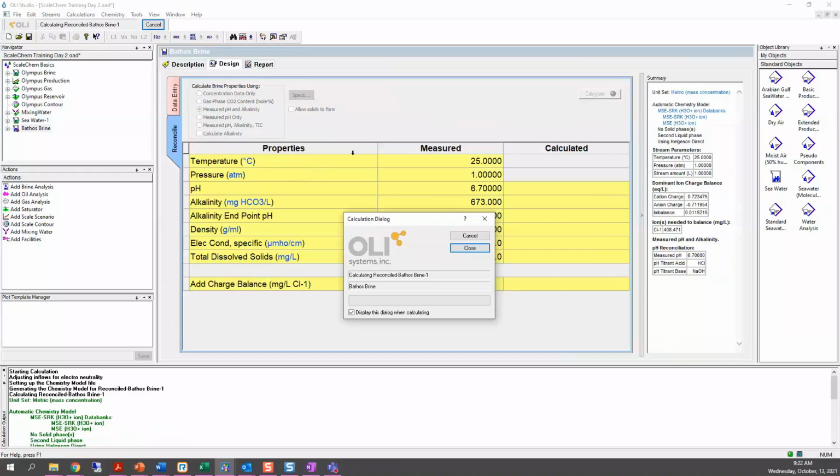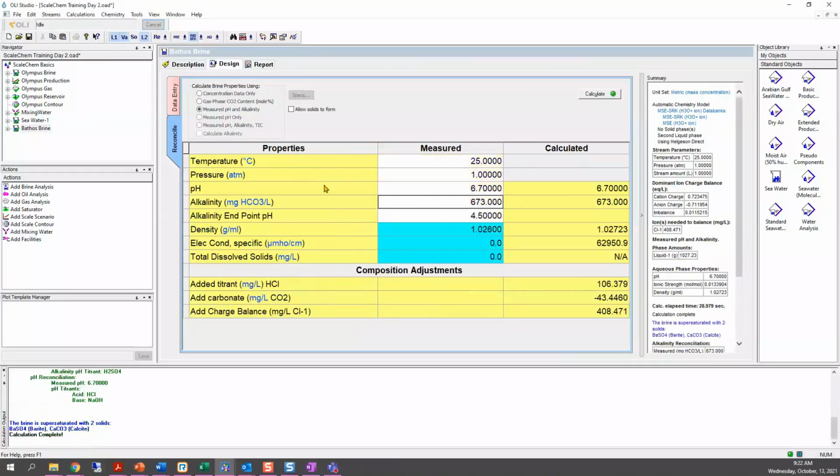How much of the bicarbonate, that will be inorganic carbon, carbon dioxide, will the software add in order to match alkalinity? So whenever the software is doing adjustments in your composition, specifically for pH and alkalinity, the software will add this table down here.